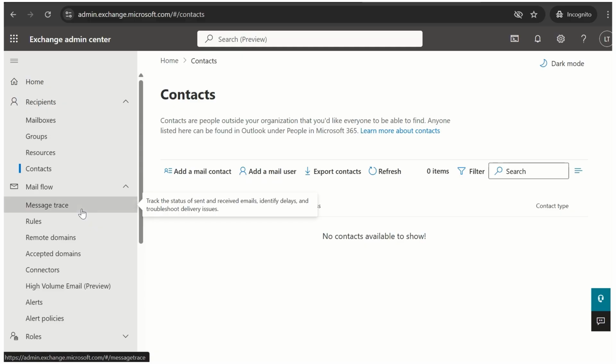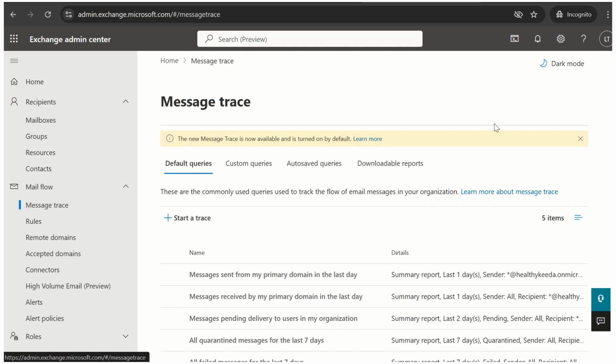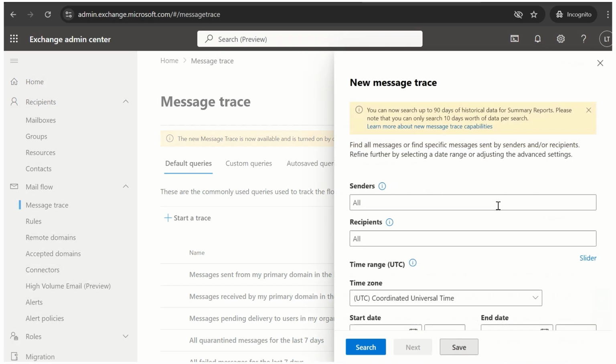Under mail flow, the first option you get is the message trace. Message trace is the backbone of O365 in the mail flow scenario. How do we know if somebody received a mail or not? If some user or anyone